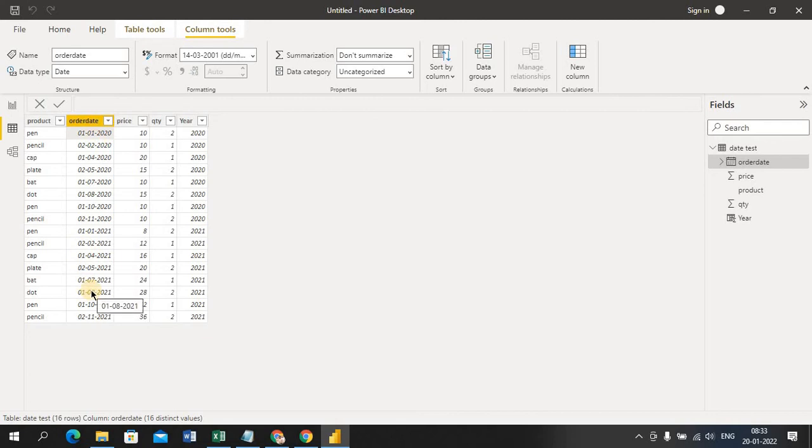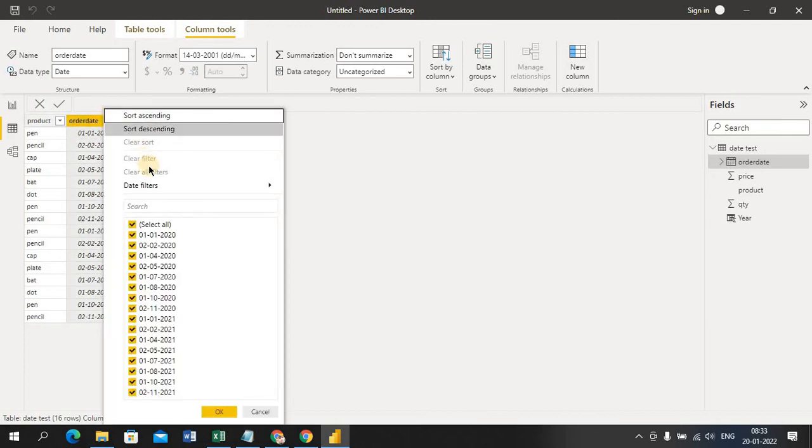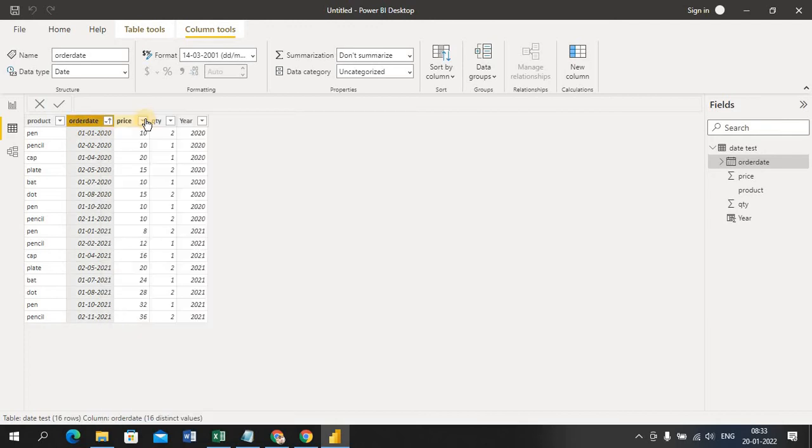What about missing dates? I want a calendar, which I can call a master calendar, that continuously generates the calendar. You can find your minimum date here with ascending order.